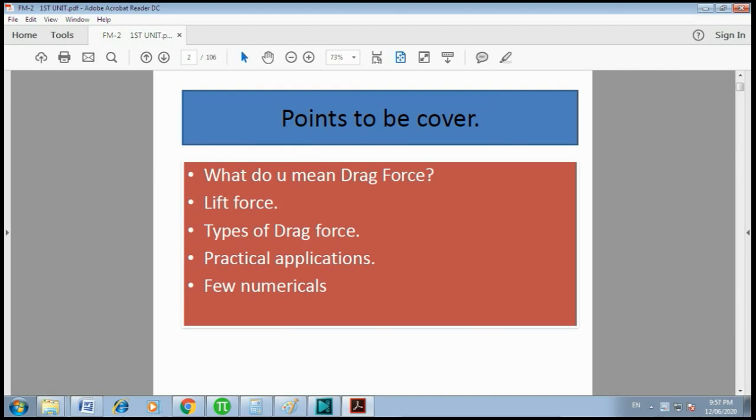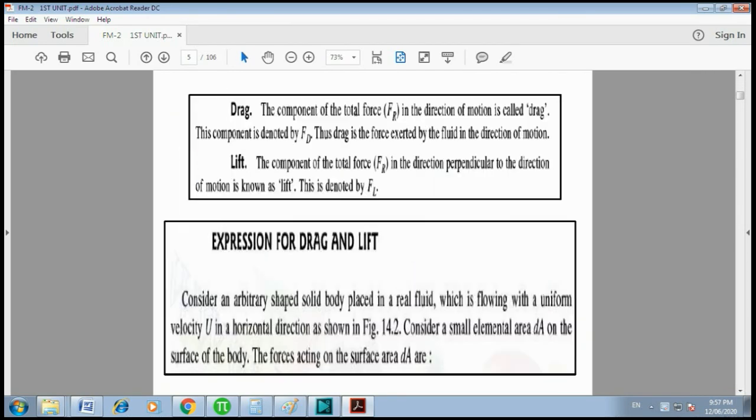Regarding its practical application, while designing the shape of a car, we consider drag force. It should face minimum drag force so that it can give maximum efficiency. If you consider the shape of a car and the shape of a truck, you will notice that the speed of a truck is very low compared to a car, because it faces maximum drag force compared to a car. So you will come to know how drag force affects speed. Now we'll see the next example.